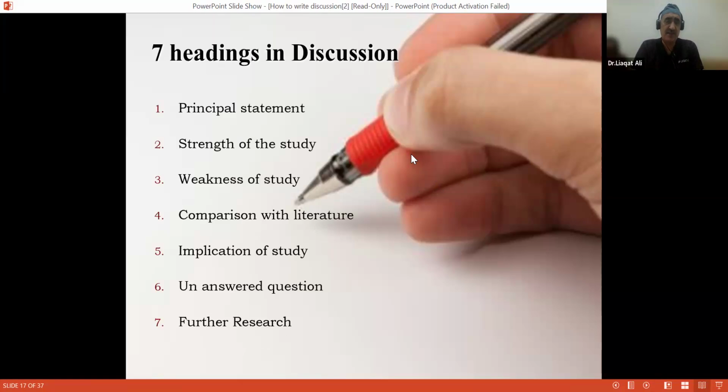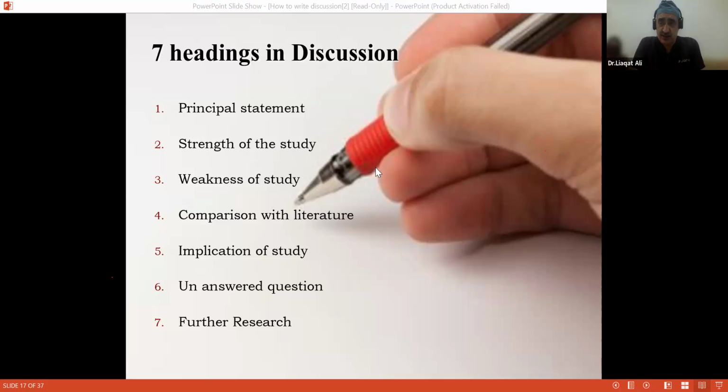अब एक heading से आएंगे. So the new authors or the participants can take a picture of it, or it is also shared with the group and it has been recorded also, that these are the 7 headings which you have to memorize. Write your discussion under these headings and subheadings which I have displayed. We will go one by one through each, and at the end, you just delete the headings. It will give you a very accurate discussion.